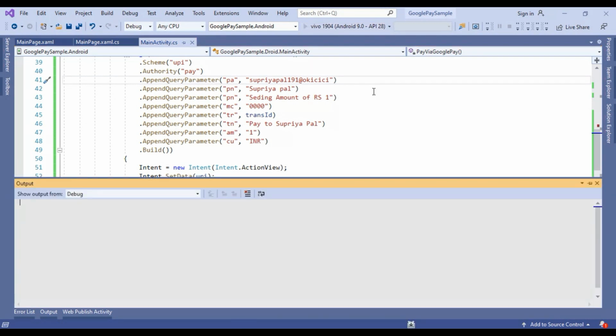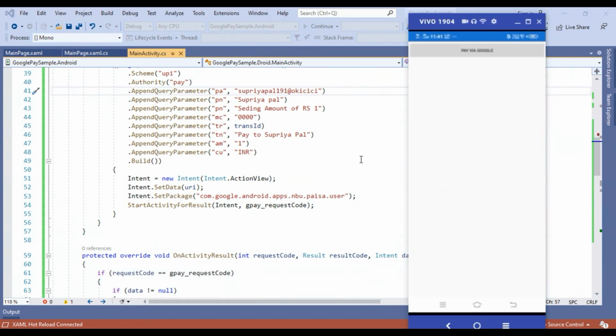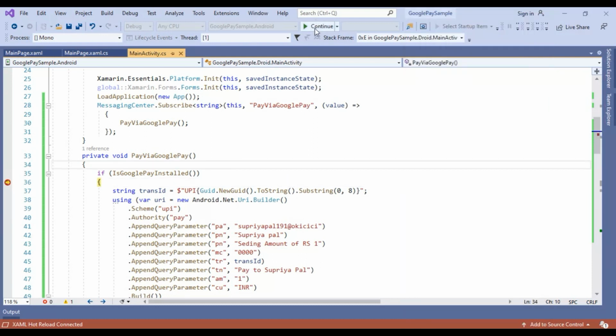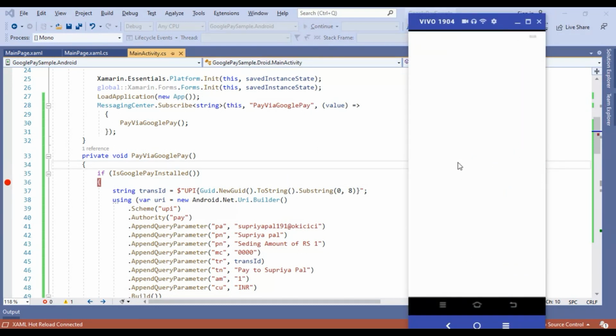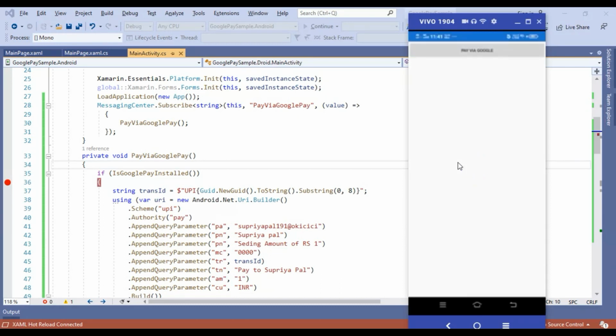Now let's run again. Let's click on the pay via Google button again and click on continue, and you can notice that it is also asking for the lock screen password, and it will open the Google Pay.